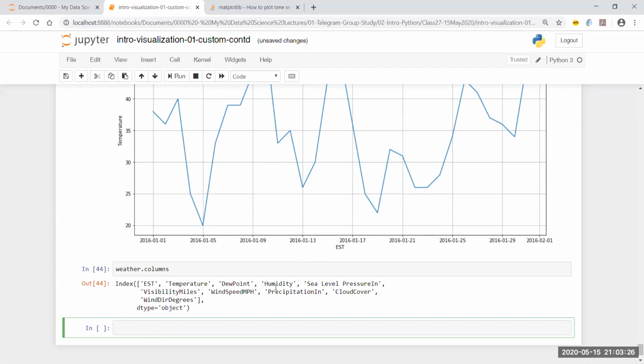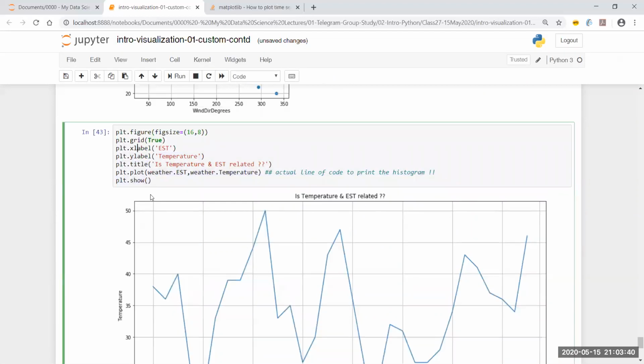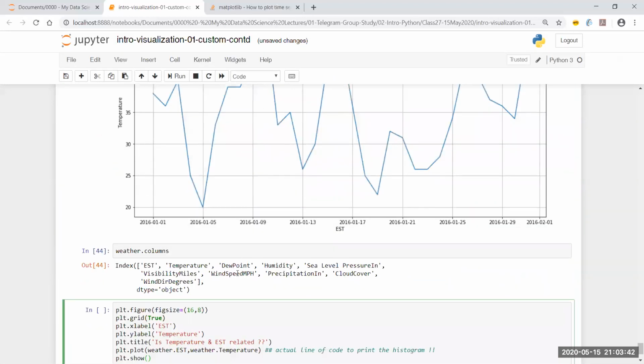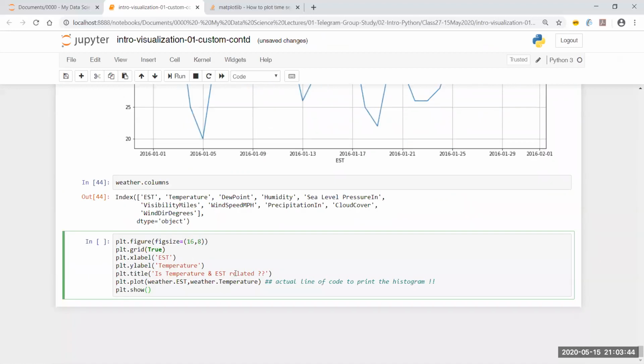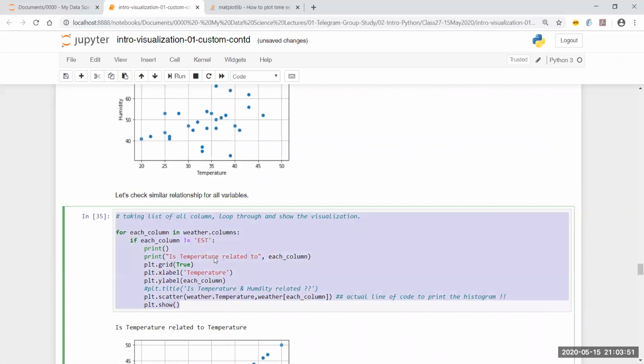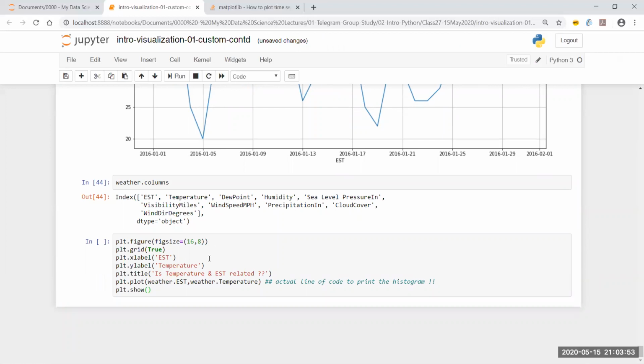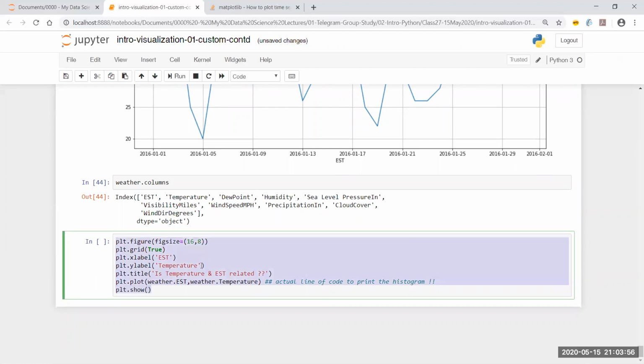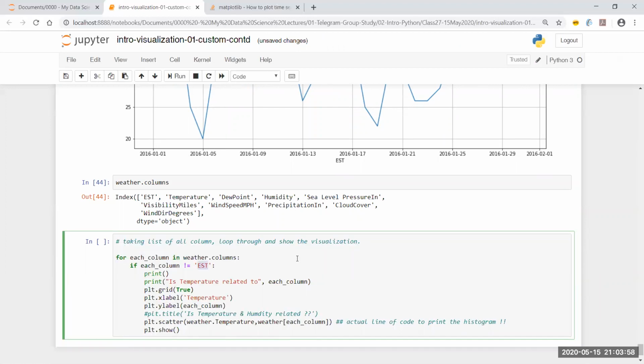For example, I would like to see the combination of the EST column, which is a date column, and the change in temperature with respect to EST, and then the change in dew point with respect to EST, humidity with respect to EST, and so on. If I would like to do that, I would have to loop through it like this. So I would have to take a loop, and the loop will be something like this, and then I will have to put it over here, and then I'll have to make some changes, not equal to, let's say, EST,